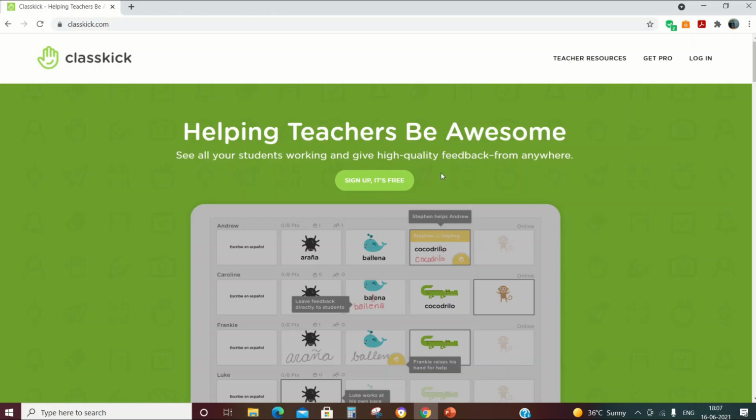I prefer to sign up using a Google account because we don't have to memorize the user ID and password. So better sign up with Google. Every time we can sign in with Google very easily. Once you have signed up, you will get a verification in your mail. Then just click the link and verify it. Once you have verified, you can do the first login. I have already used this app for my classes, so I am going to log in as a teacher.